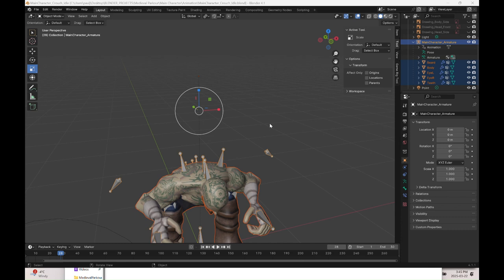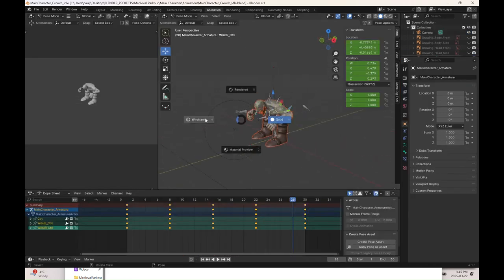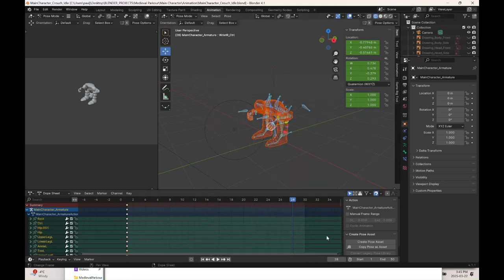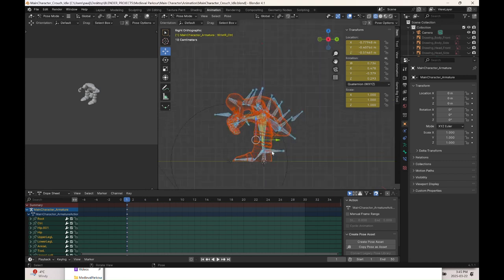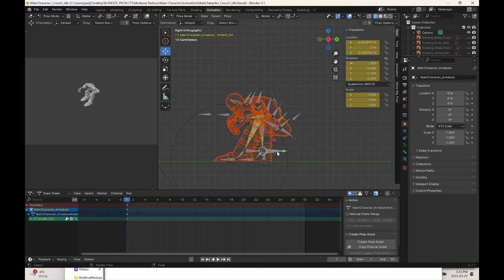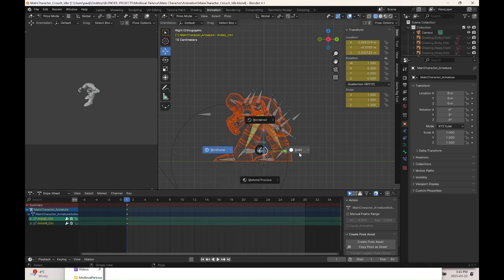So from this idle animation, I'm just going to create the crouch walk from this. So all I'm going to do is select all the keys, delete all the frames except for the first frame. And I'm going to start off by moving the feet. And I have to make sure that